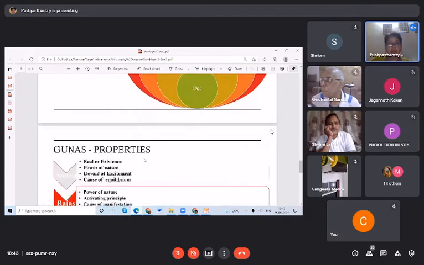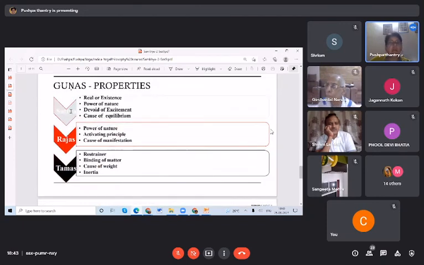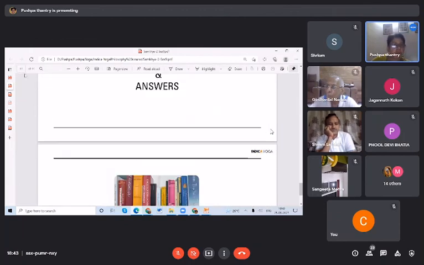And definitely a question will come on what the characteristics of Sattva Guna, Rajas Guna, and Tamas are. Real or existence devoid. Sometimes I think color also will come: white, red, and black. So you can just remember the characteristics of each of these gunas, and it will not be so straightforward. They'll ask something confusing, like: is anger Rajas or Tamas? Those kinds of questions will come.